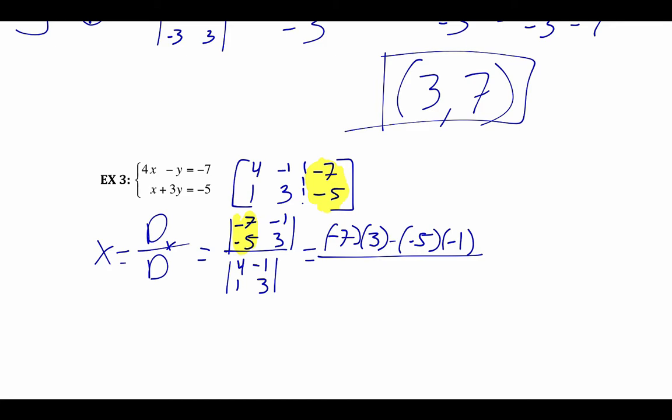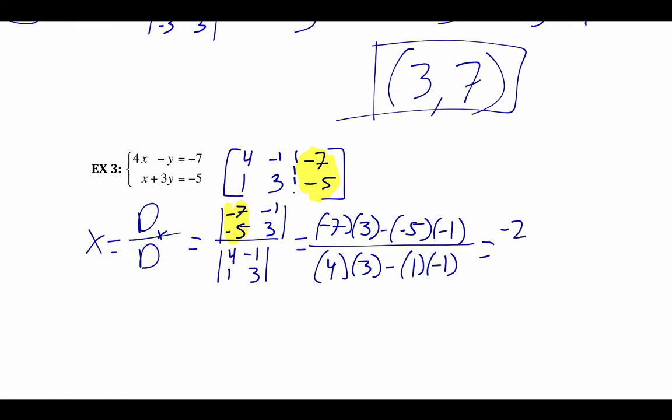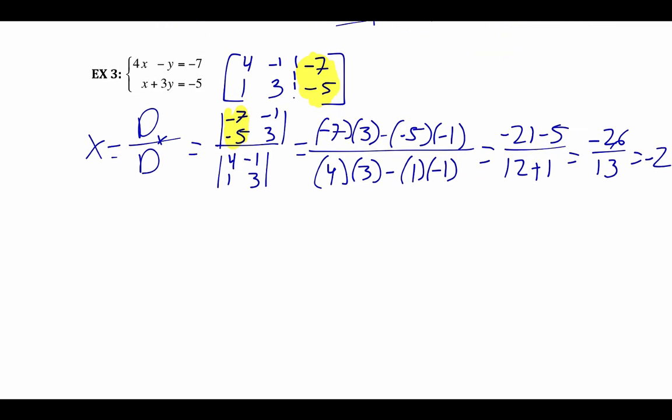For our denominator, our first diagonal is going to be 4 times 3 minus our second diagonal of 1 times negative 1. For our numerator, negative 7 times 3 is negative 21 minus negative 5 times negative 1, which gives us positive 5. So negative 21 minus 5, over our denominator of 4 times 3 is 12, minus 1 times negative 1, so minus negative 1 or plus 1. So we got negative 26 over positive 13, which gives us negative 2. For the y's,